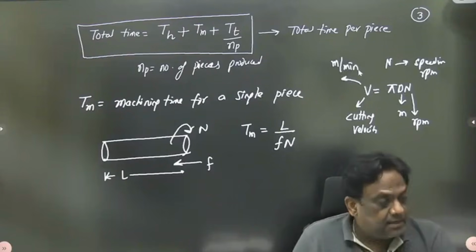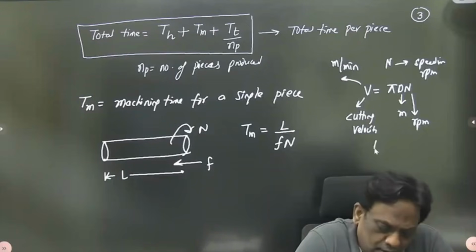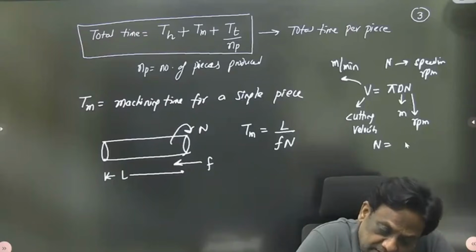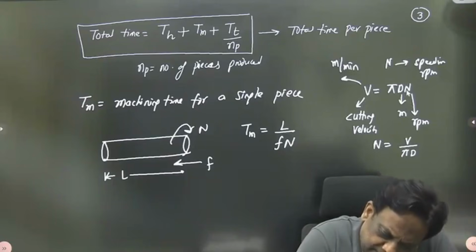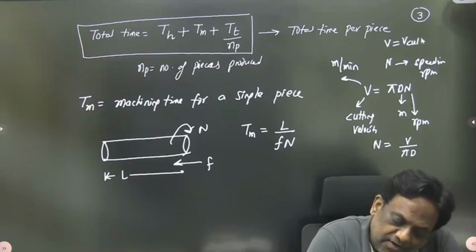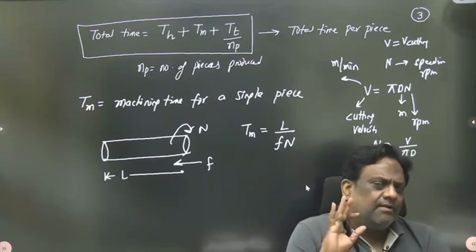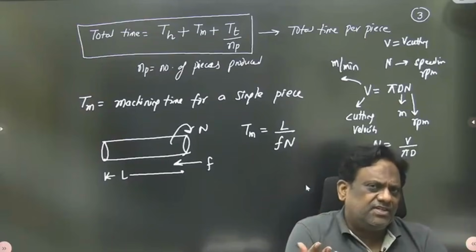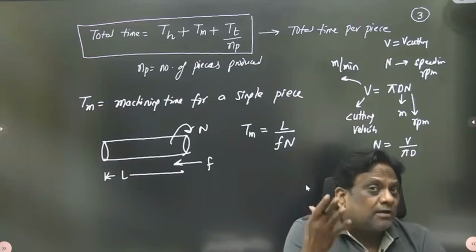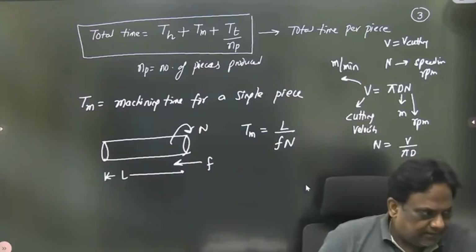एब्सोल्युटली फाइन. इज इट क्लियर? बहुत केयरफुल देखो. अब देखो, can you give me the value of N, sir? If you want N, it will be V by pi D. अगर आपको rotational speed N चाहिए, it will be V, cutting velocity, by pi D. So when I'm writing V, actually it is velocity of cutting. If it is other than cutting velocity, I will clearly mention. If it is a shear velocity, V shear. If it is a chip velocity, V chip. If I am not writing anything with velocity, it means it is a cutting velocity. वो थोड़ा याद रख लेना.